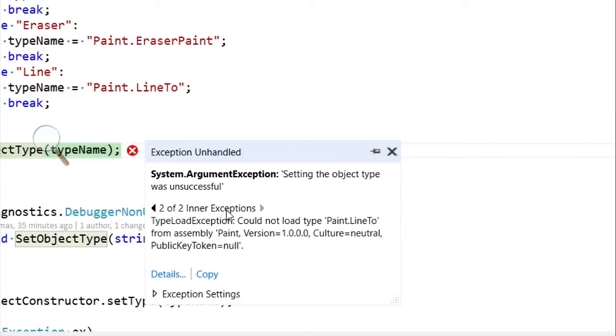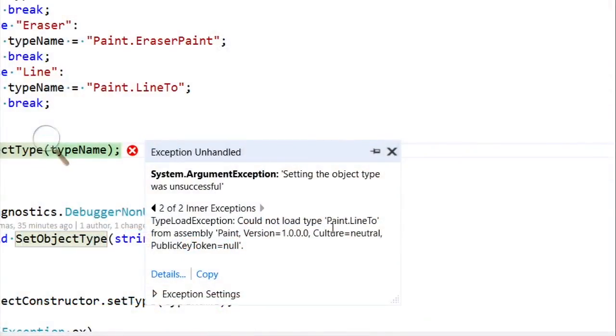Okay? And typically you'll have seen the old exception helper, which has been around for several releases now. And one of the most common things that you used to have to do in that, and we heard from lots of users that this is something they did all the time, was they had to drill in and find the inner exception. Okay? Drilling in and finding the inner exception was a pain. You can now find the inner exception super easily. And you can see actually that here I've got some kind of problem with a type loading for the line 2